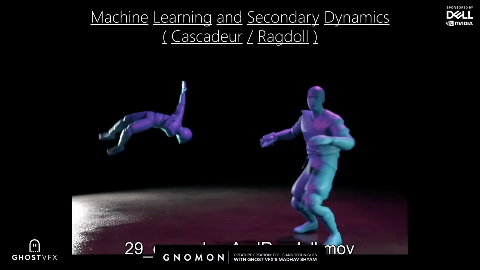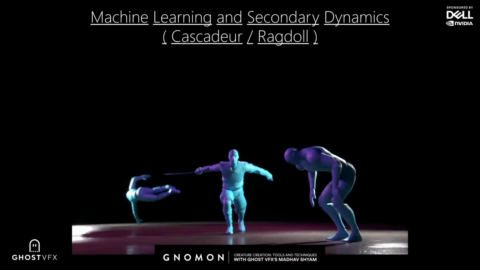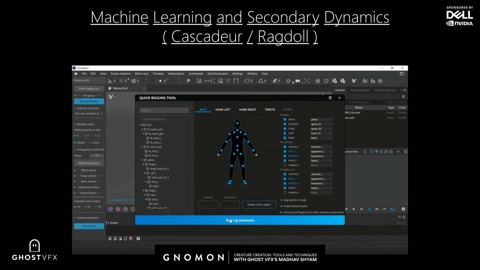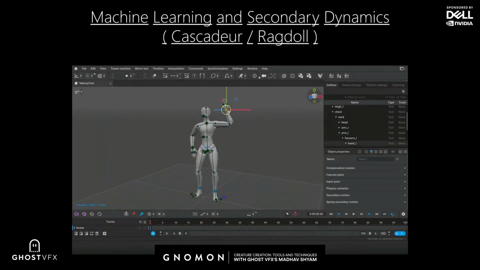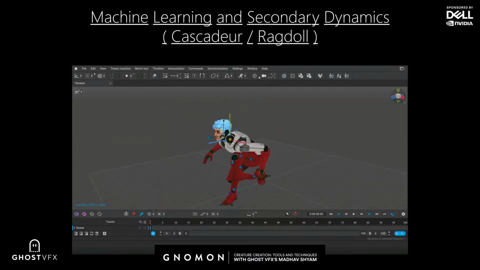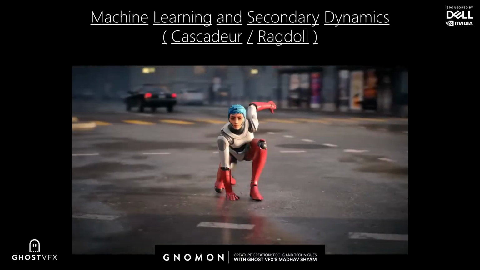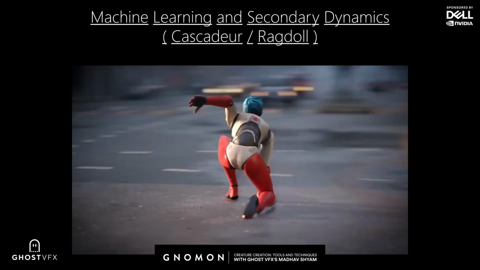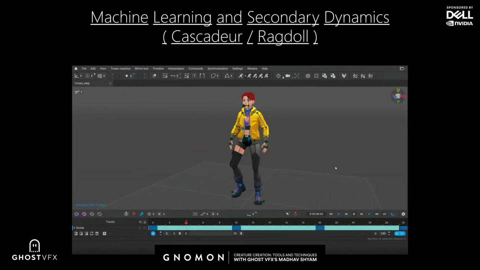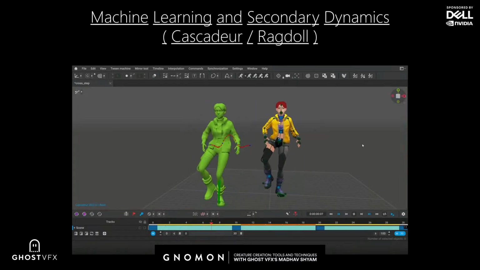One of them is, of course, Cascadeur. And what Cascadeur does is it figures out ways to help pose your character accurately. They have a really nice machine learning system that figures out how a character should move based on the posing. So you could essentially feed your motion capture data into one of their systems and get a much more believable result. So if the machine learned 2D capture wasn't perfect, you can use this tool, and also Ragdoll, which I'll show in a moment, to